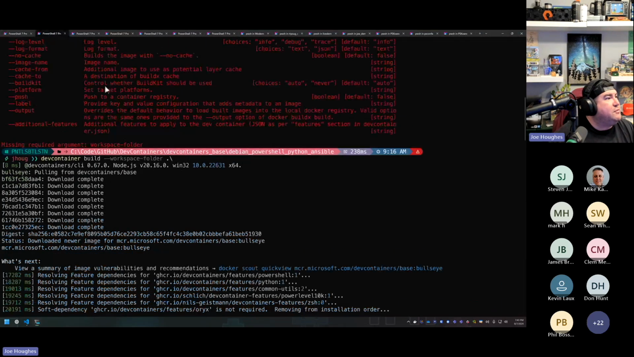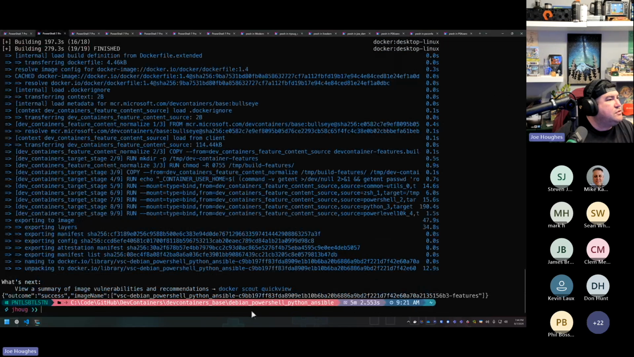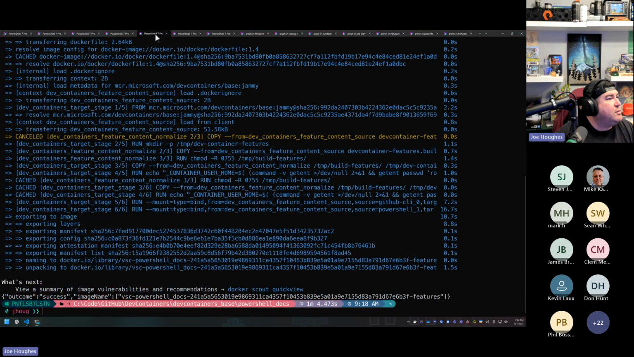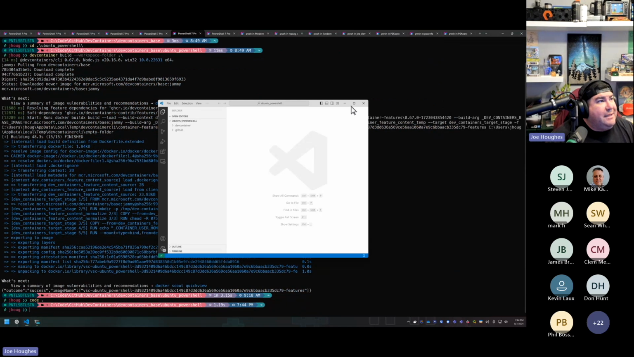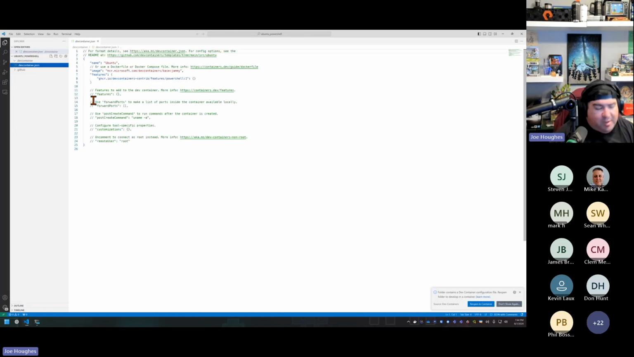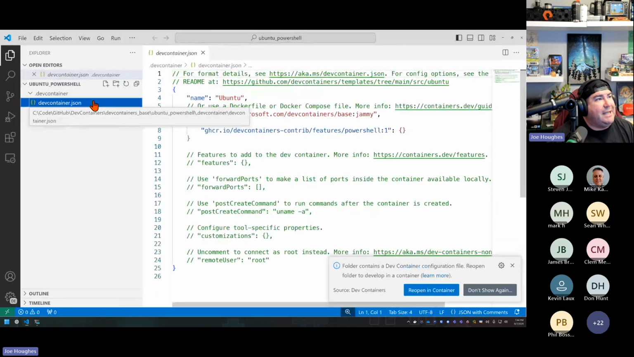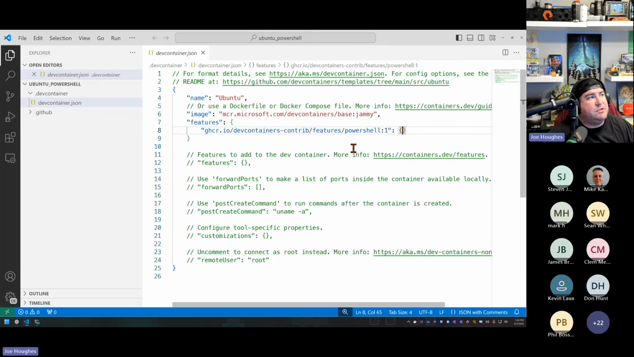Let me get back to my Debian base. So this one's probably my Ubuntu. Here, let me pull this up real quick to show. So in this instance, I actually have my dev container specified to just be an Ubuntu image so that I can have PowerShell installed by itself. If I want to actually even just change this